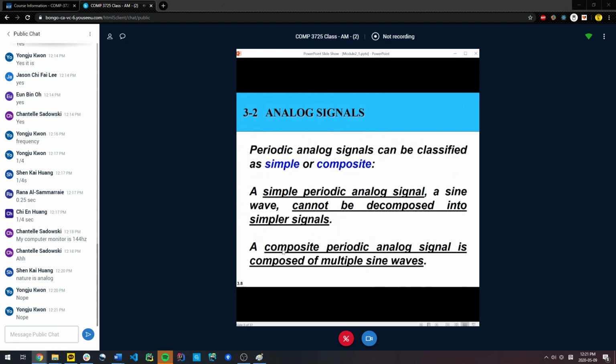But I want to extend this whole idea of an analog signal to simple waves versus a composite wave. Let me define that first, and then I'll get you to understand why we care about this. A simple wave, or a simple periodic analog signal, is a wave where you can no longer break it down into even simpler waves. In our representation throughout this course, this will be a sine wave. Let me say that again: a simple wave is one that you cannot further decompose into even simpler waves. So in our context, that's a sine wave.